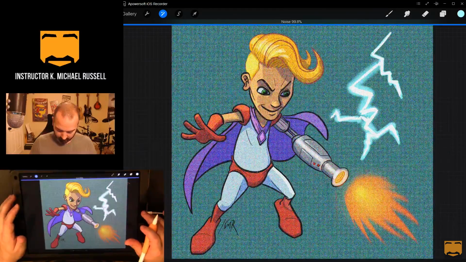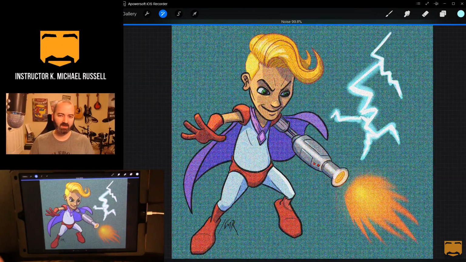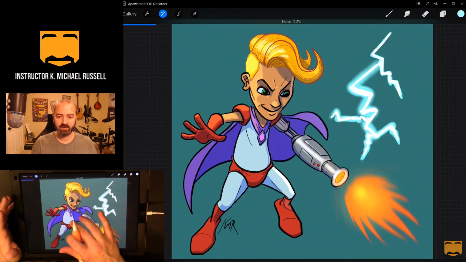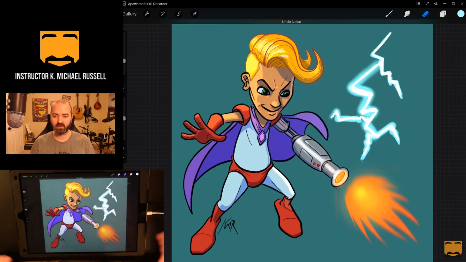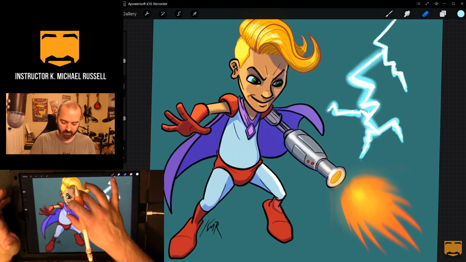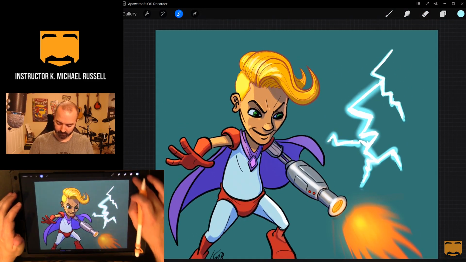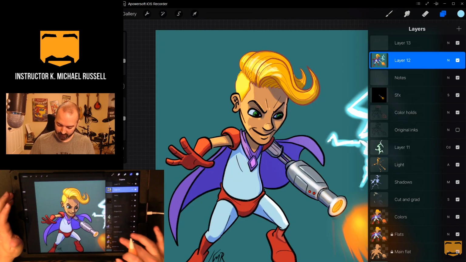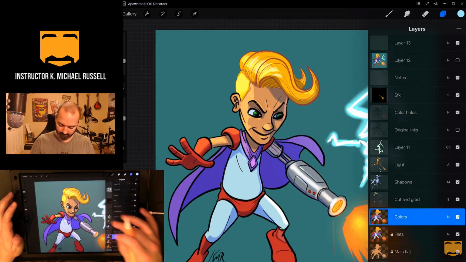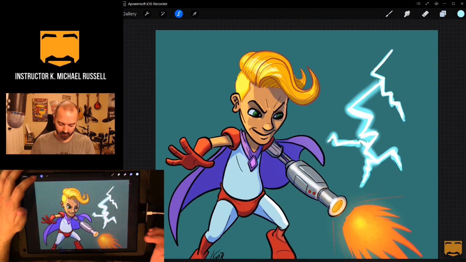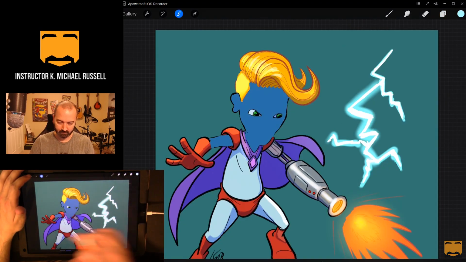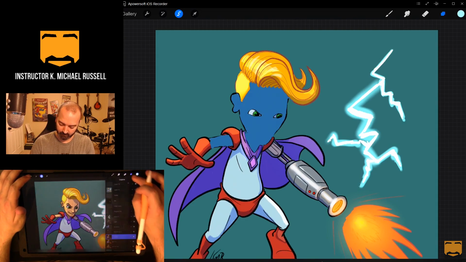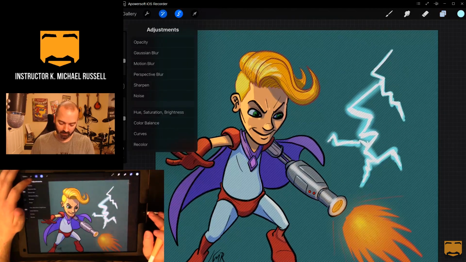So sometimes that's useful. I like to use it sometimes on skin, just to make it look like it's got some pores or something. So I could go to my original selection, my original colors, use the automatic selection to select his skin, just twice in both places there, and then go to that noise